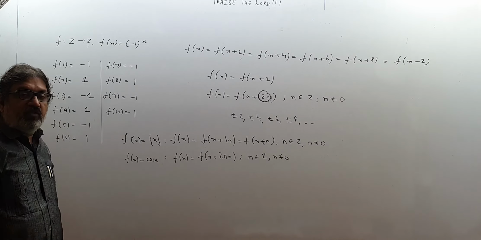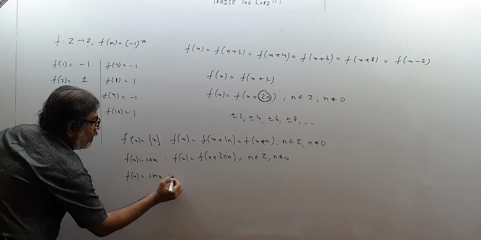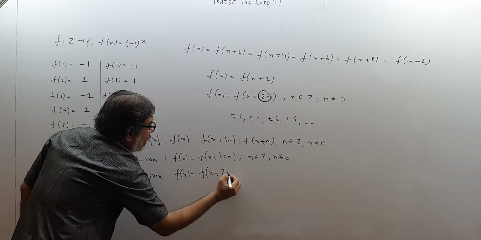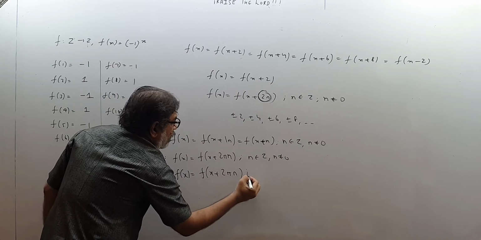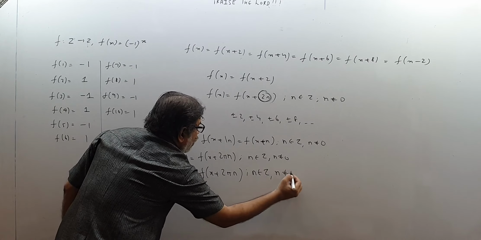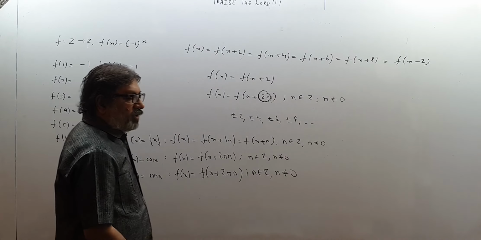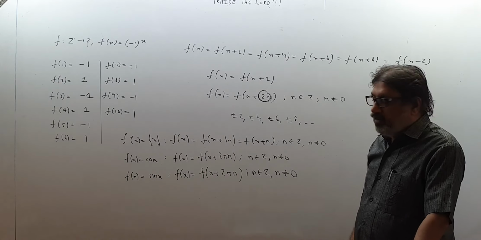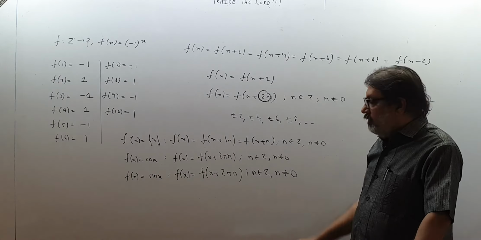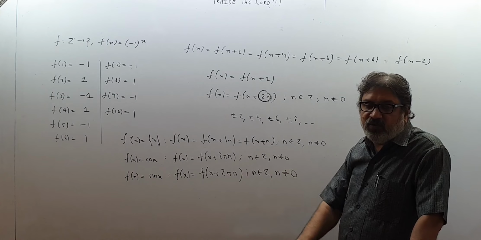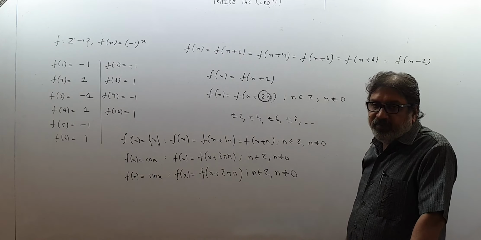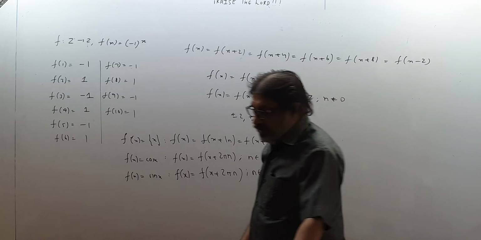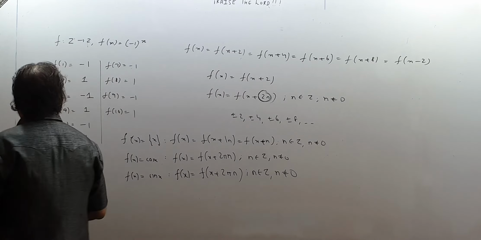Okay, and then for f of x equal to sin x also, we think like this. f of x is found to be f of x plus 2 pi n, where n belongs to Z and n is not 0. We saw the graph of sine was repeating after a 2 pi distance. So the period will be 2 pi n, where n will be any integer other than 0. So plus minus 2 pi, plus minus 4 pi, plus minus 6 pi, all are periods of sine, but the fundamental period will be 2 pi because that is the least positive available from all the options. So please pause and copy, children.